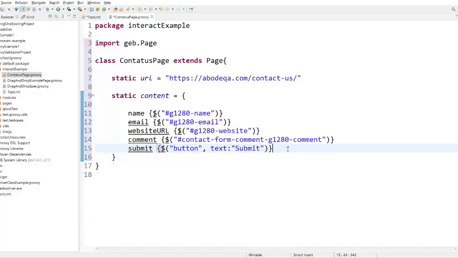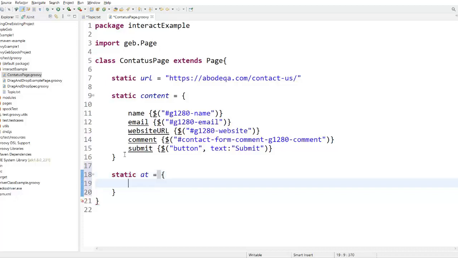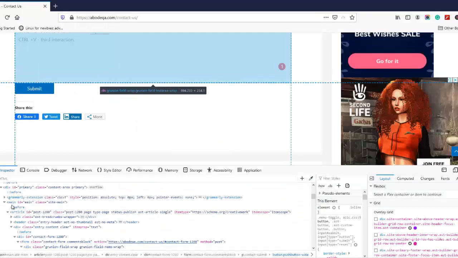So save this navigator. Now we need to create a supporting method, or if you want, we can just create the static at, which is the section where we validate the page title. Here in the at section I am adding the title. Let me copy the title from here.